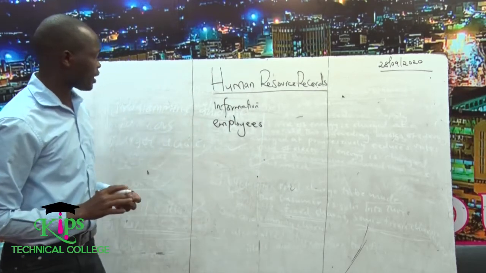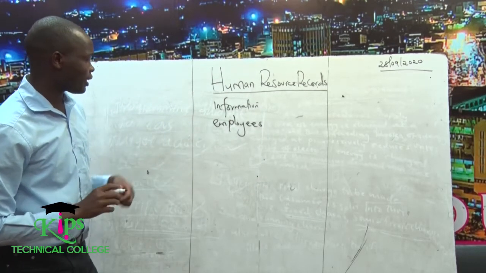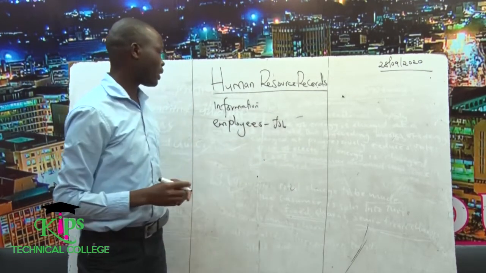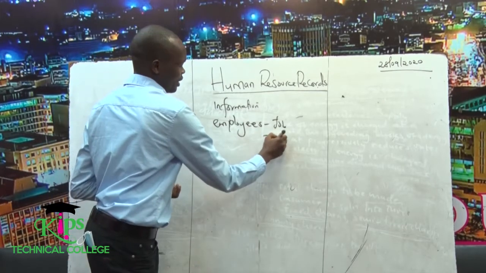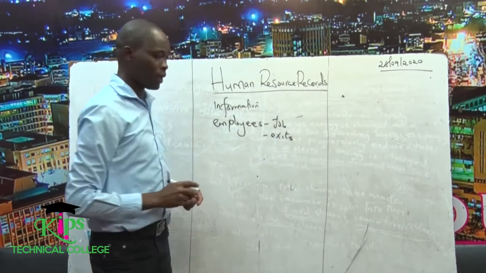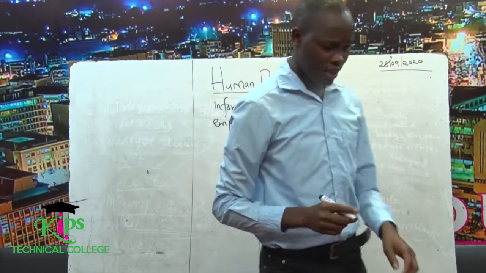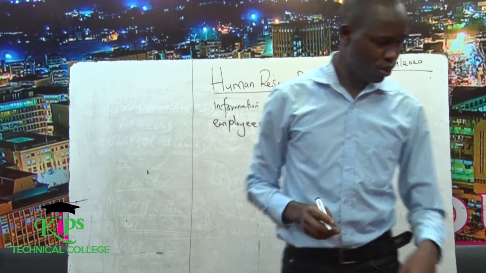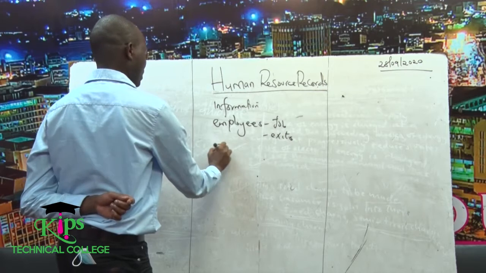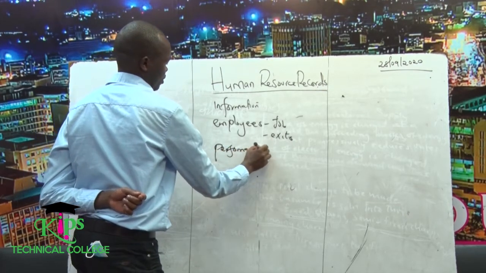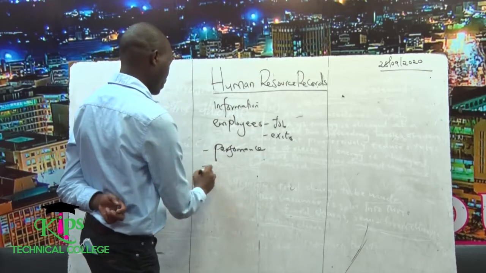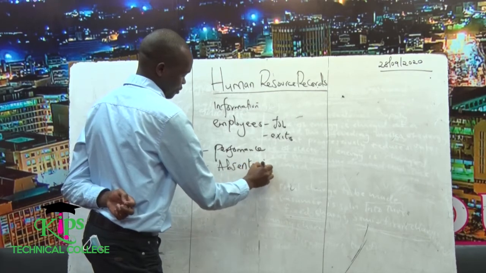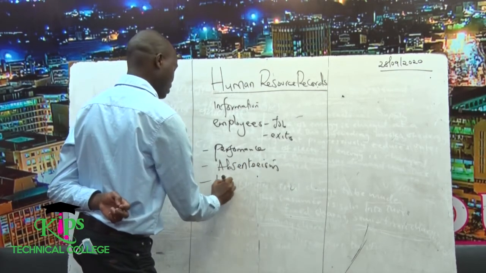And these records are always generated from the time someone is given a job, that is the employee given a job, until that time that person exits. So in most cases, you'll find that records is the information relating to employee performance or performance appraisal. We can talk about absenteeism. We can talk about labor turnover